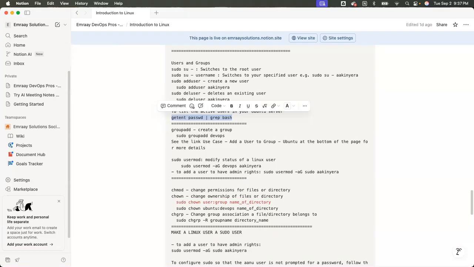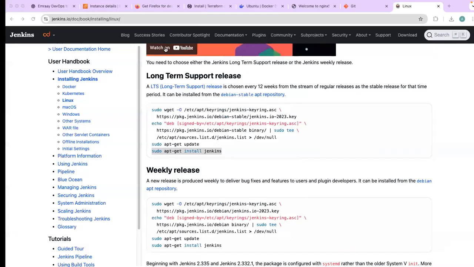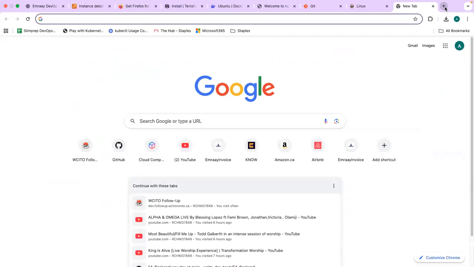Group is group. So on my street, my house number is number 36, right? And my neighbor's house number is number 38. I live in a semi-detached house, in case people outside of Canada don't know what semi-detached is.